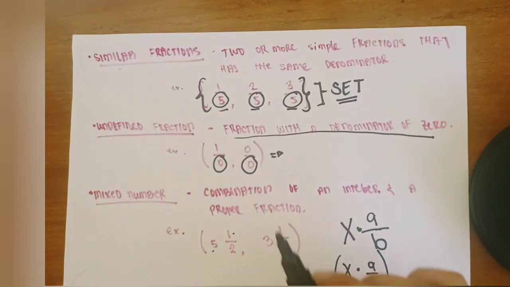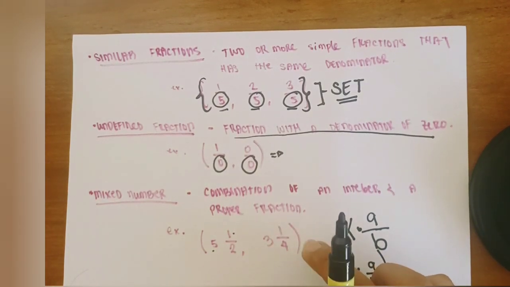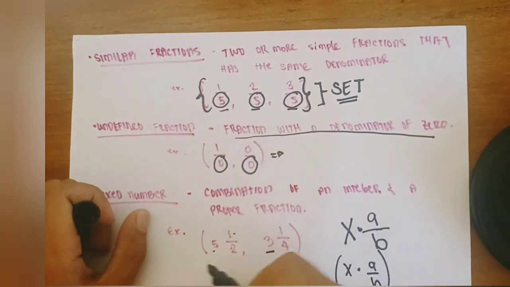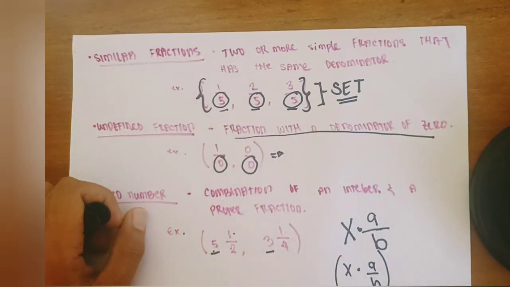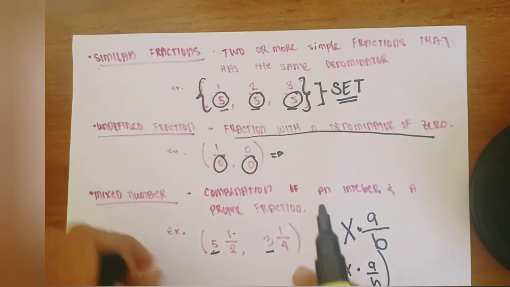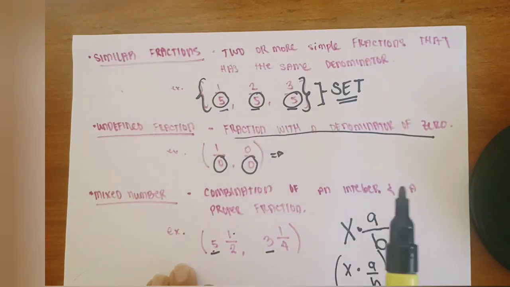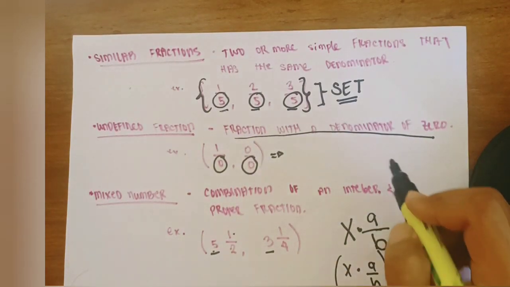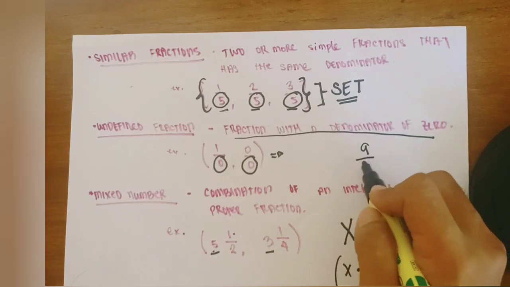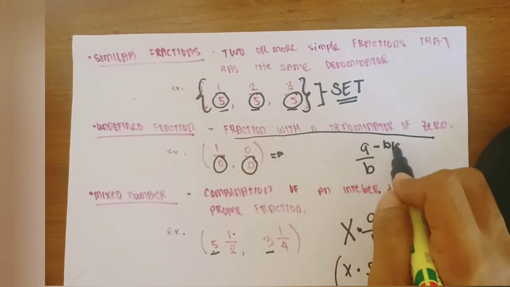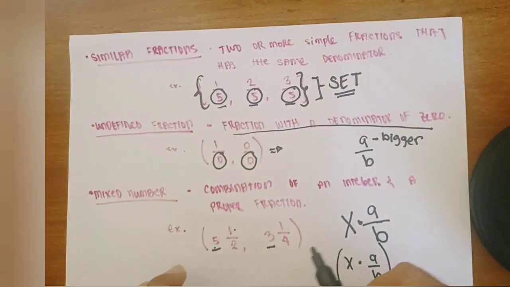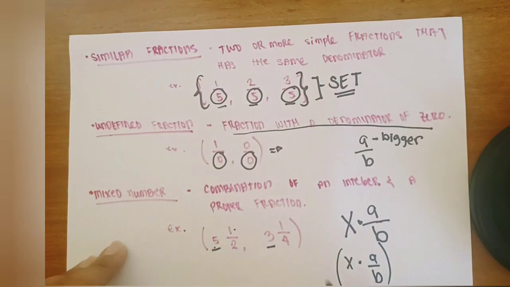So, para naman dito, ang mga mixed numbers, may paraan, in a way, pwede nating matanggal itong whole number na yan. And the only way na it would be changed into is into an improper fraction. Diba ang sinabi natin, ang improper fraction is where the numerator is bigger than the denominator. Bigger dapat yan. So, paano ba natin gagawin ng how do we convert mixed numbers into improper? First, diba,